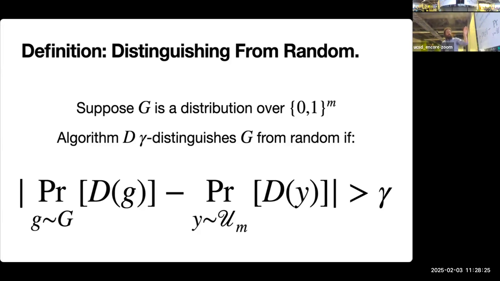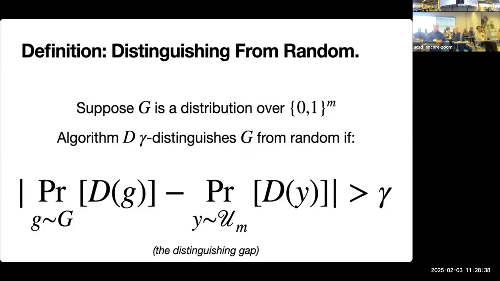So if this absolute value is large, then there is some tendency or bias in the distinguisher D, which we call the distinguishing gap gamma,